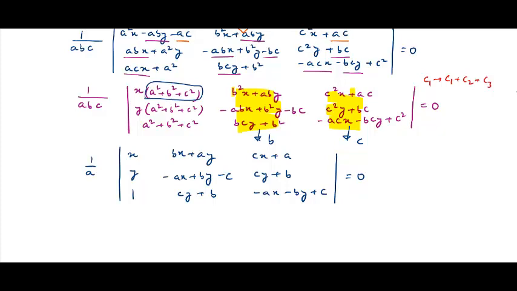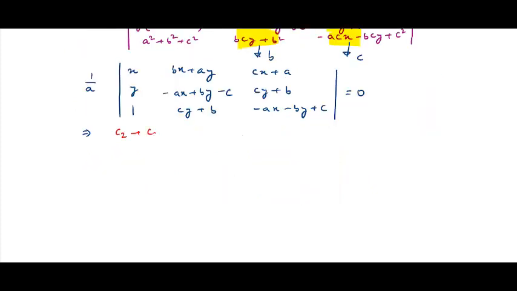All right. Now obviously one more thing that we observe here is we need to now expand the determinant. So let's try to create as much zeros as possible. So the next transformation that I do is from C2 I subtract b times C1, and from C3 maybe I'll subtract C times C1. We'll subtract this.